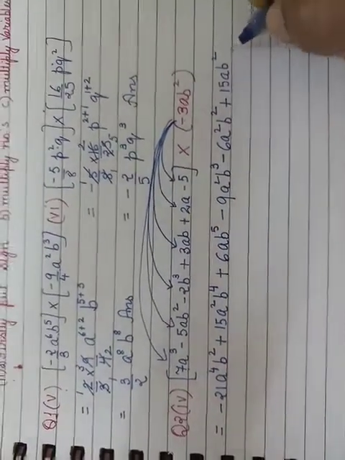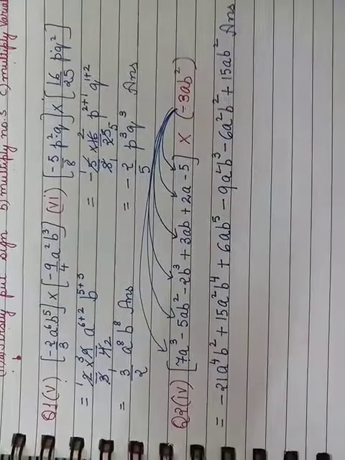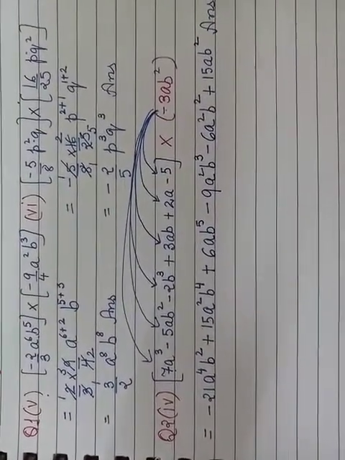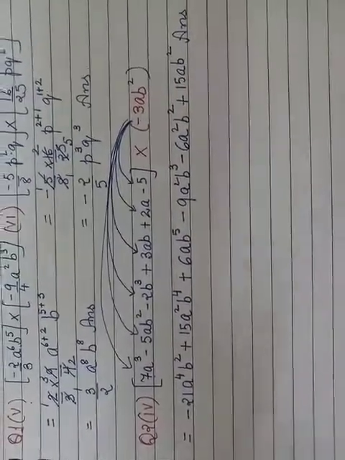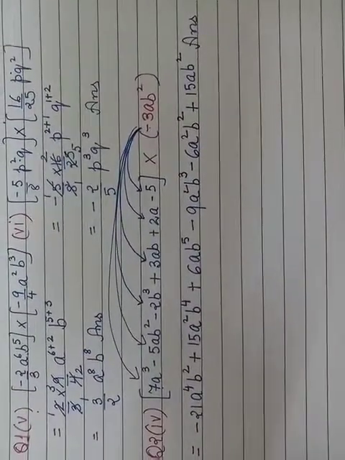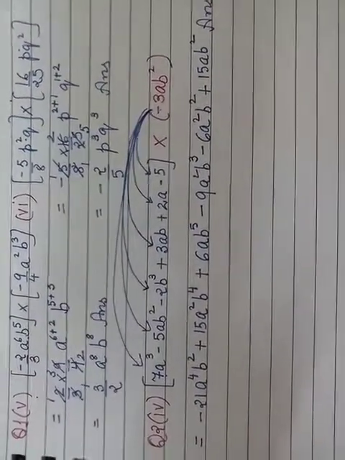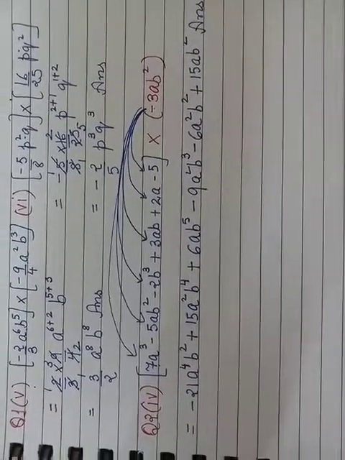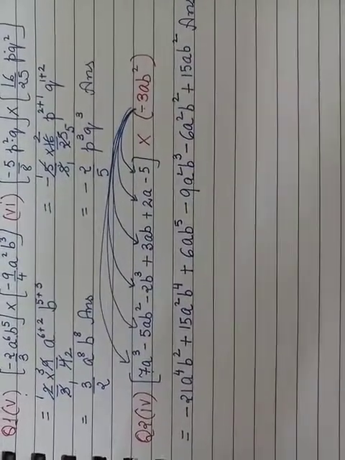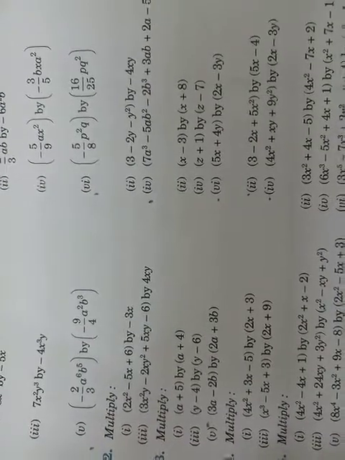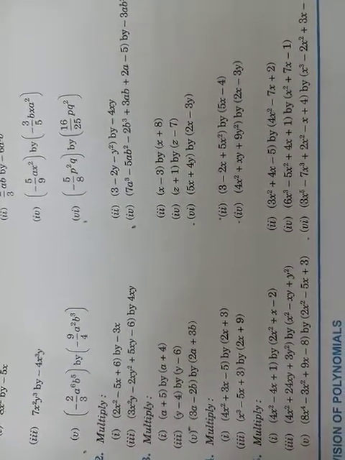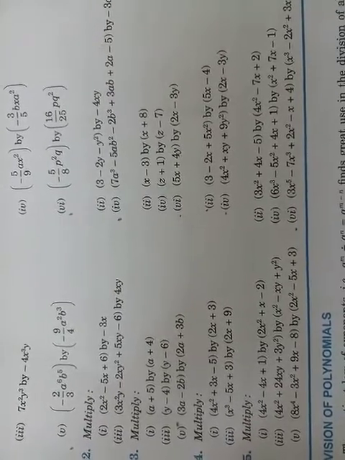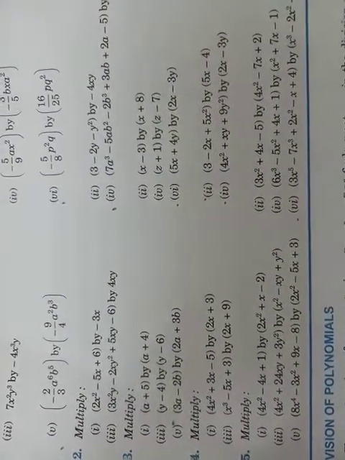So this way this minus 3ab square was distributed with all the terms of the polynomial. So we multiplied with each term of a multinomial and then we got the answer. Hope you have understood how to solve. Hope you can do the remaining 3 bits on your own. Then I proceed with question number 3.